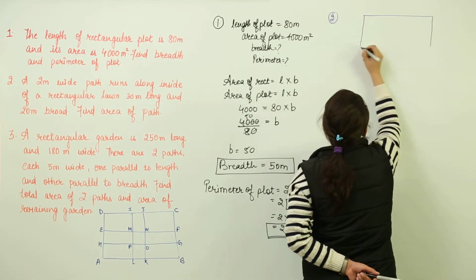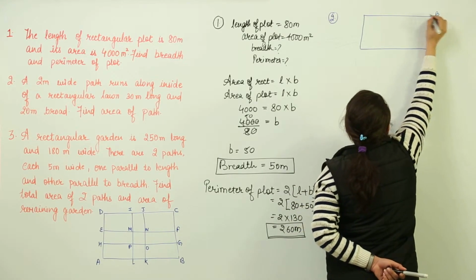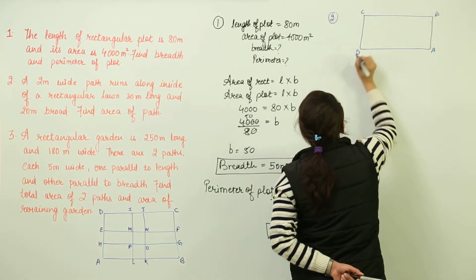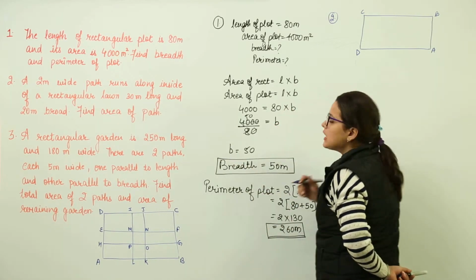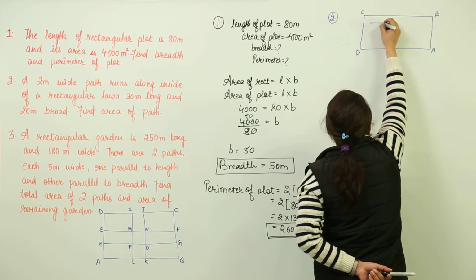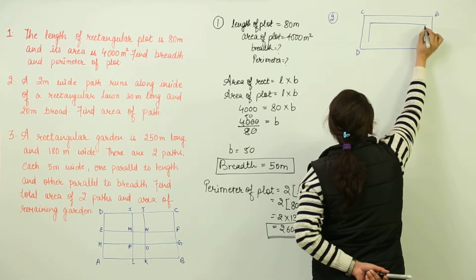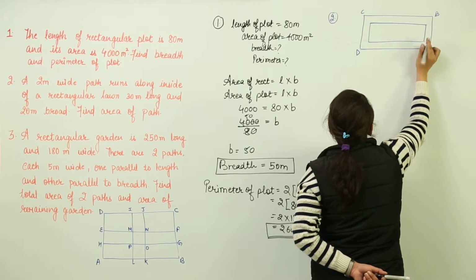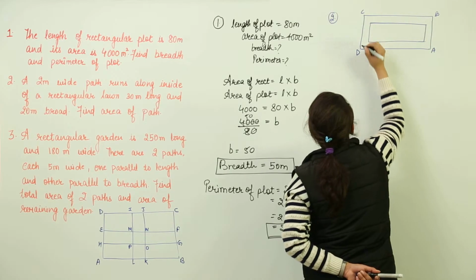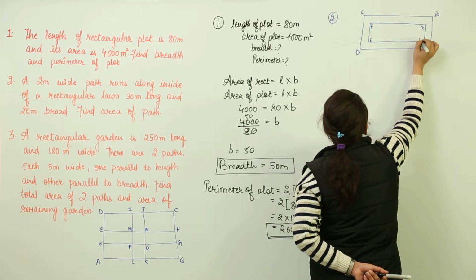So question number 2 is having the shape of a rectangular lawn, that is a rectangle. At first, you make a rectangle. Let's name it A, B, C and D. Now you have a 2 meters wide path running across it. That means inside you have drawn a 2 meters wide path across its length and across its breadth both. So I have constructed that path, and let us name this as E, F, G, H.